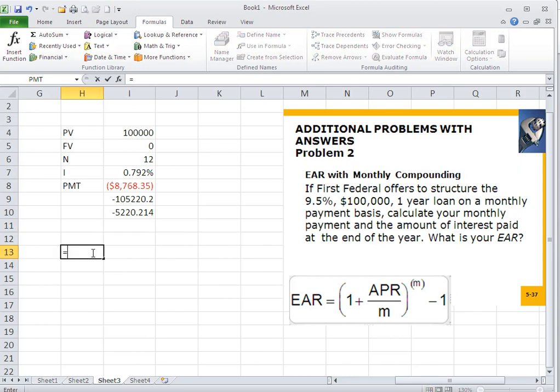Next thing it asks is to calculate the EAR. So we'll go ahead and, now that we have that information, we can do just like we did before. 1 plus, let's put in parentheses the APY. Divided by 12. Caret 6. Minus 1. 9,925 per